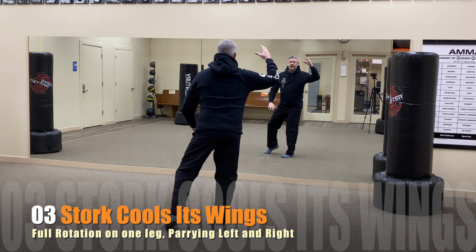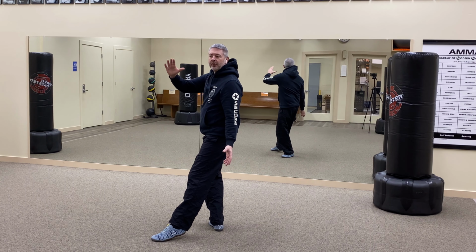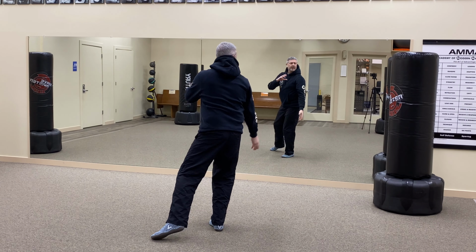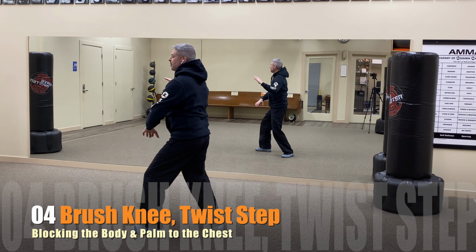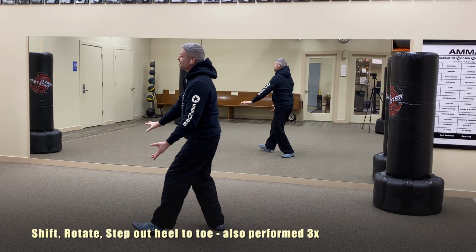leg into stork cools its wings, letting that left leg go wide as we parry once with the right hand and once with the left. We empty that left leg in preparation for stepping out heel first for brush knee twist step number 1. We rock back. We're going to pivot and step up